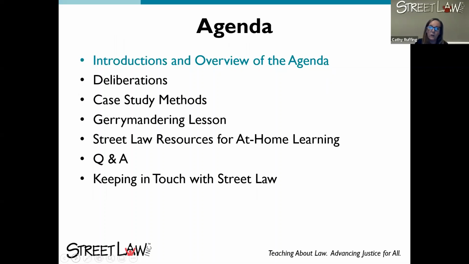We're going to start by going over the agenda. So we're going to start with introductions and an overview of the agenda. Then we're going to talk about some deliberations that we have that deal with teaching about elections and some different ways you might do deliberations. We're going to talk about case study methods and the many case summaries we have that deal with elections.